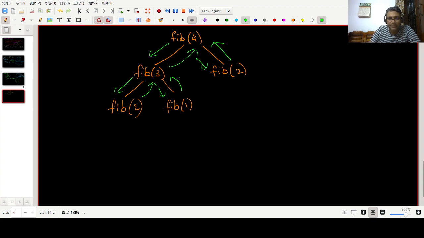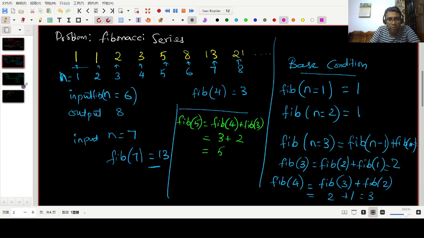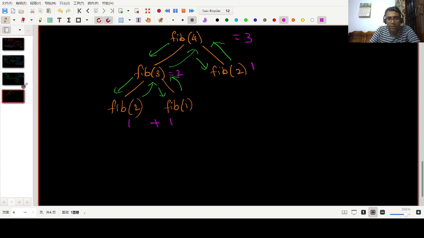So here it will be 1 plus 1 equal to 2, right? So your right hand side, left hand side computed, again 1. So 2 plus 1 is 3. Let us assume 3, right? Whenever you pass 4, you will get the answer 3. Good. Let us take one more,